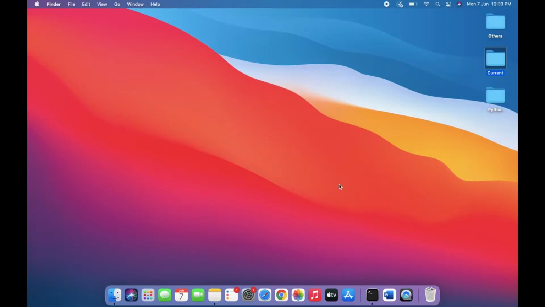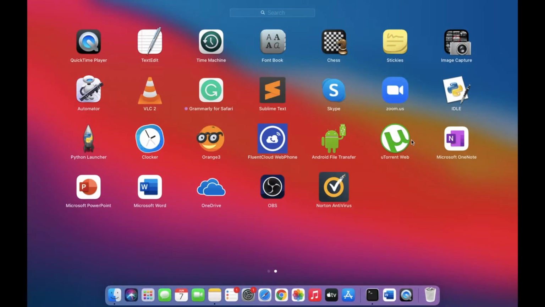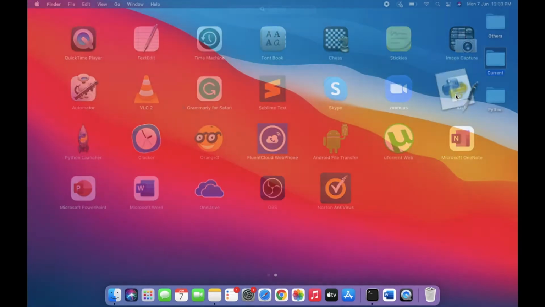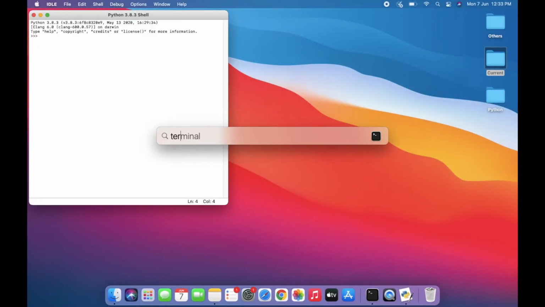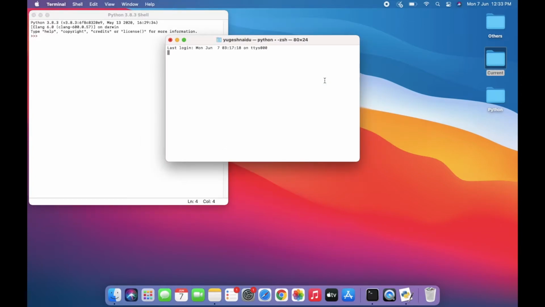The Python interpreter is a program that reads and executes Python code. Depending on the environment, you might actually start the interpreter by just simply clicking on the icon. So this is the Python IDLE. I can either click on this and start the interpreter, or I can just go to my terminal and I can do python